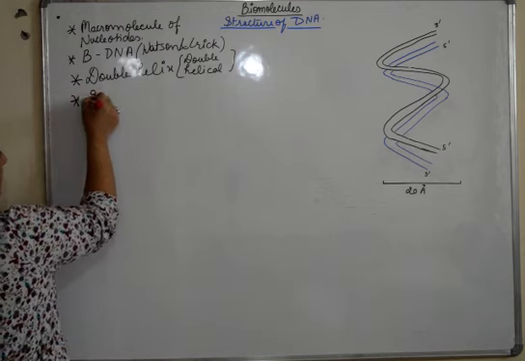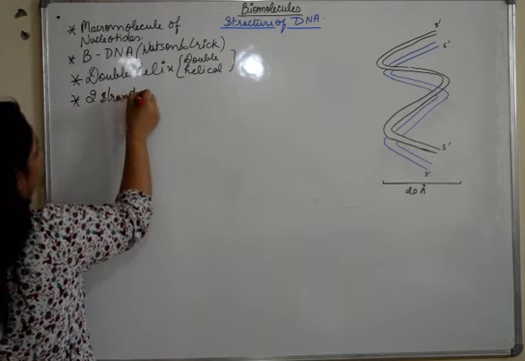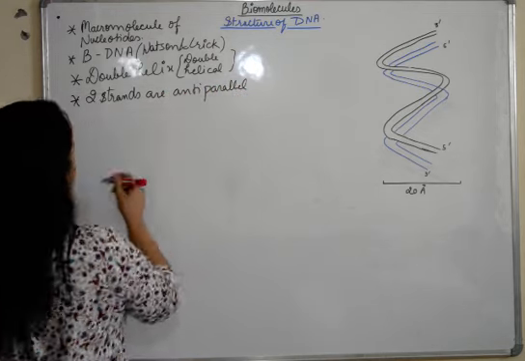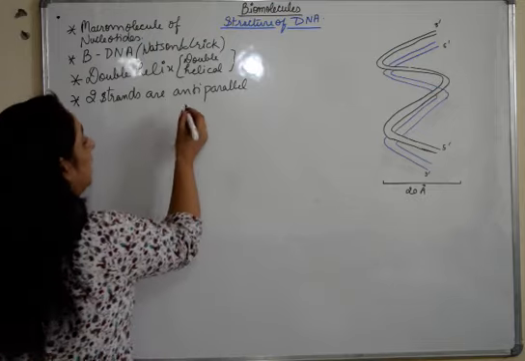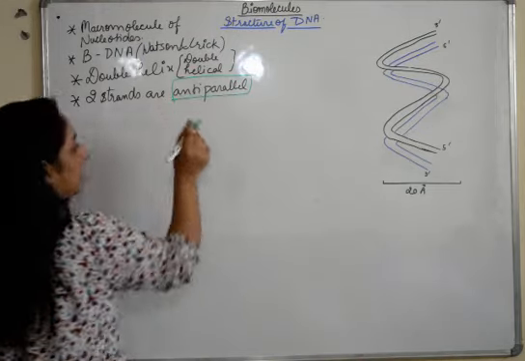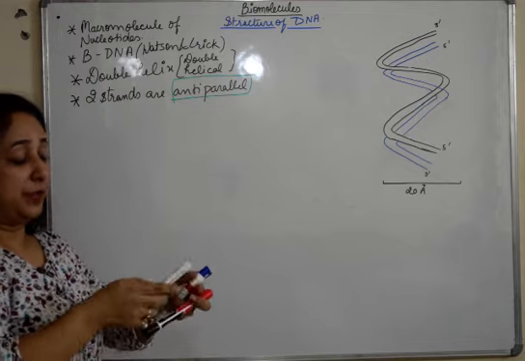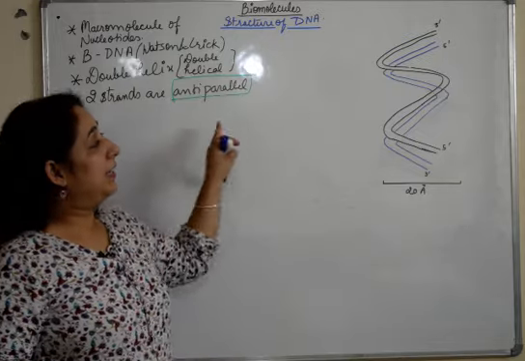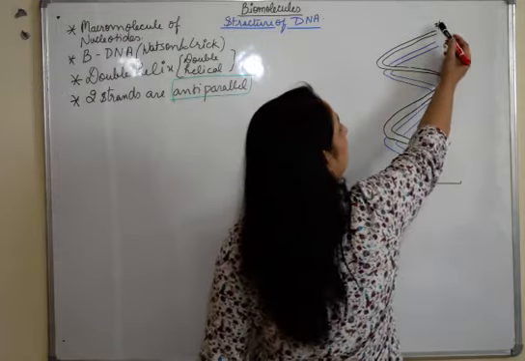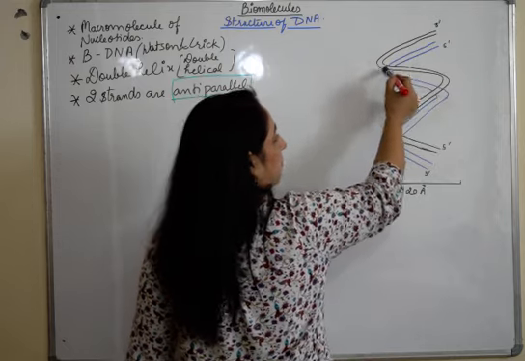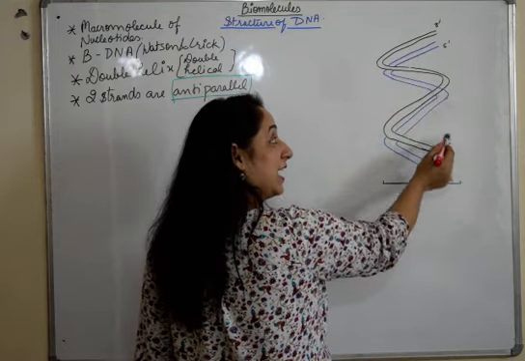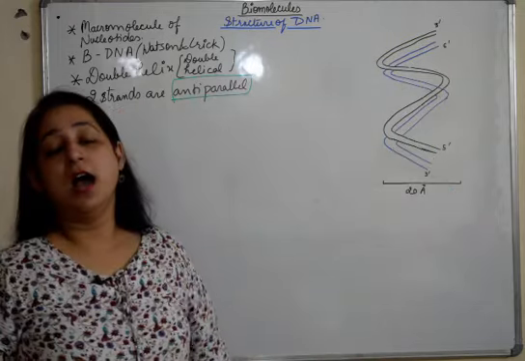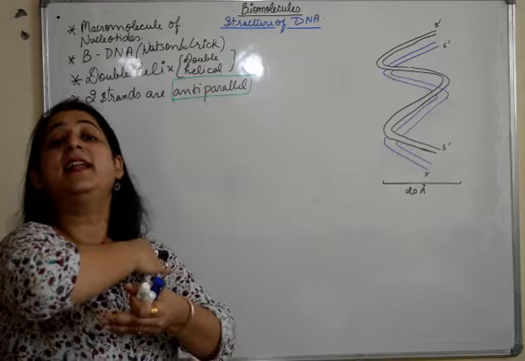The two strands are anti-parallel. I'm underlining this anti-parallel. We will talk about this in detail as I draw the structure with the nucleotides present. For now, you just see in the diagram, we see 3' is here for this black strand which I have made, and 5' this side. The other arrangement is from 5' to 3'. That means it's not parallelly placed, it is anti-parallelly placed.